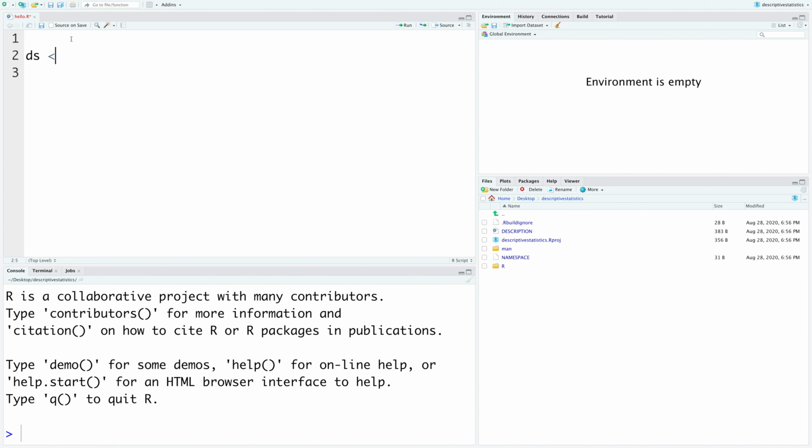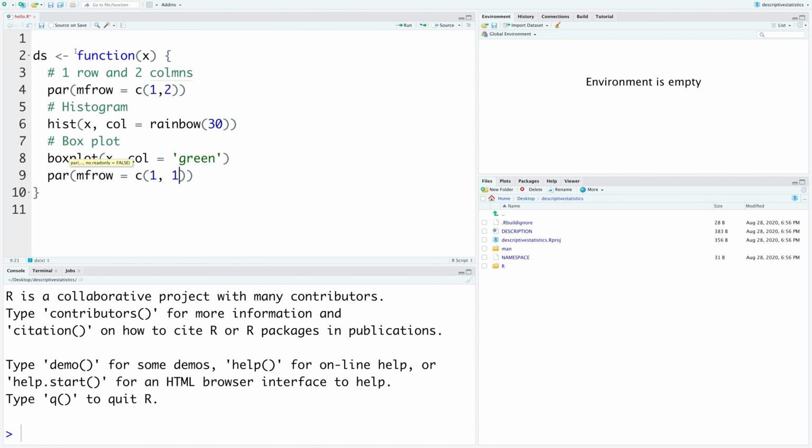Next let's add a histogram. So we use the hist function and it takes input x. Let's also add some colors. I'm going to say about 30 colors, and then we can do a box plot and we can also add color. Let's say simply green, and then we can use par again to come back to one row and one column.